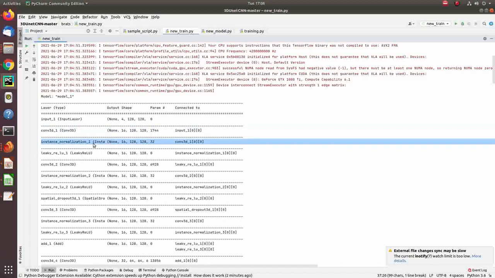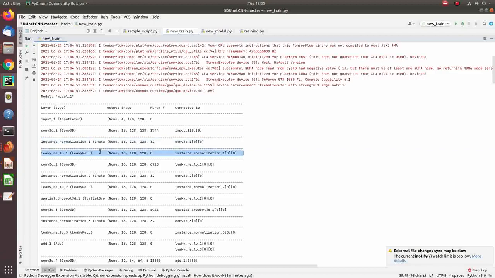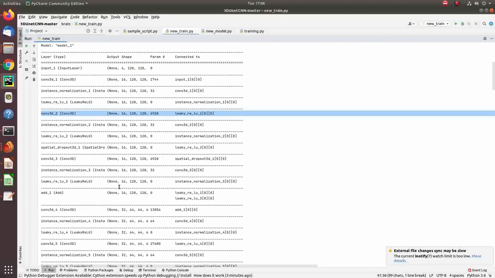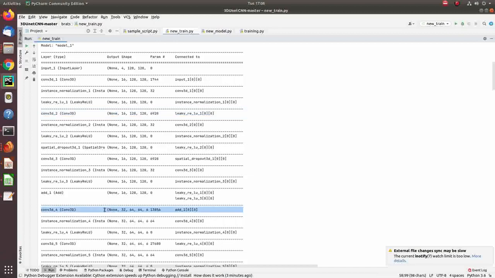The purpose of using instance normalization instead of batch normalization, unlike the traditional U-Net architecture, is that when we have a small batch size, instance normalization works better. It is capable of normalizing the input features and highlighting the most dominant ones while we have only one batch size. Then I use Leaky ReLU here, then the second convolutional layer with no downsampling, then the third, and the first downsampling here with the fourth convolutional layer.